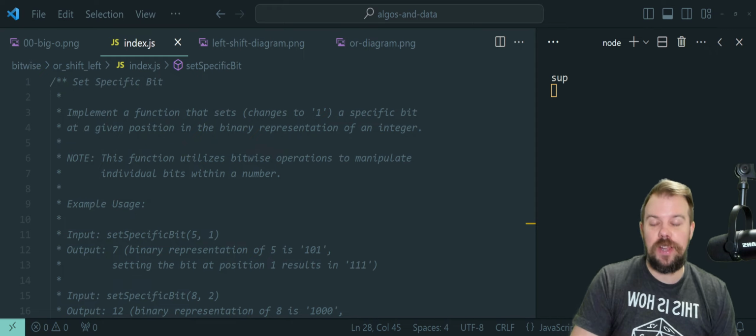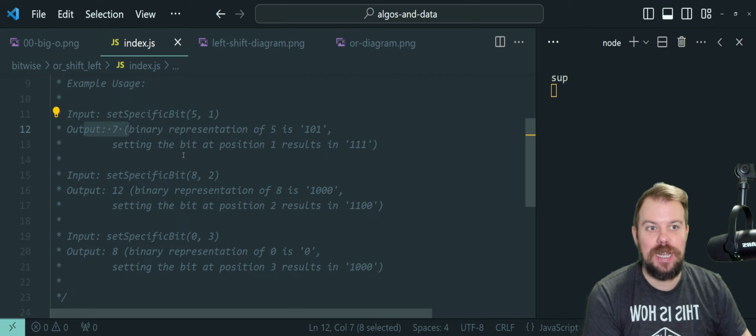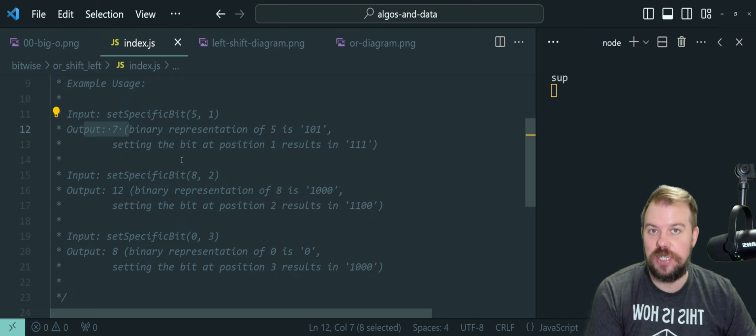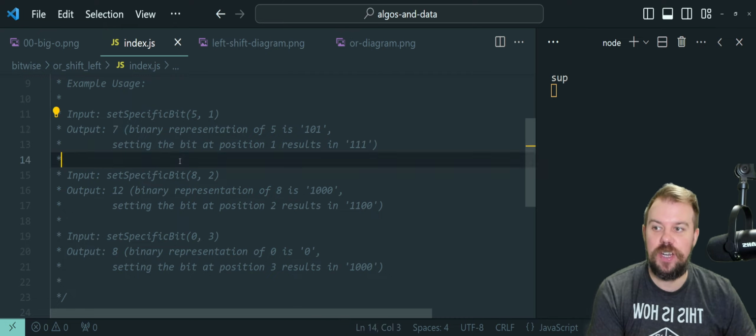So some example usage. If we call setSpecificBit with the number 5 and the position 1, we expect an output of 7. Now that doesn't make sense if you're not familiar with Bitwise Operations. Again, I couldn't tell you that off the top of my head. I would have to actually write it out to figure it out, which we're going to do together. But the important thing here is, if you look at the binary representation of the number 5, it is 1, 0, 1. And if I say we set the bit at position 1,